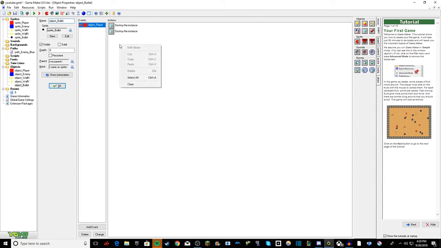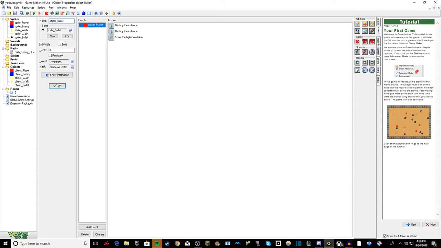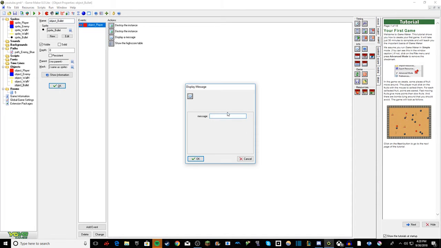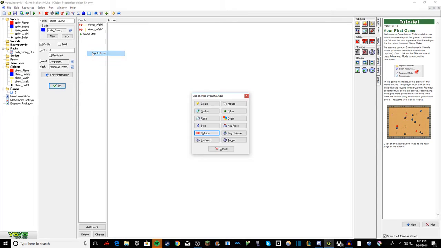Alright, there. And then we want it to display a message in between there, so you died. Alright, so now if we go into object enemy, add event,